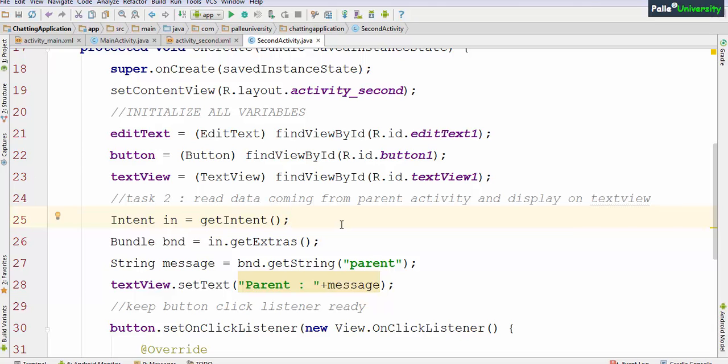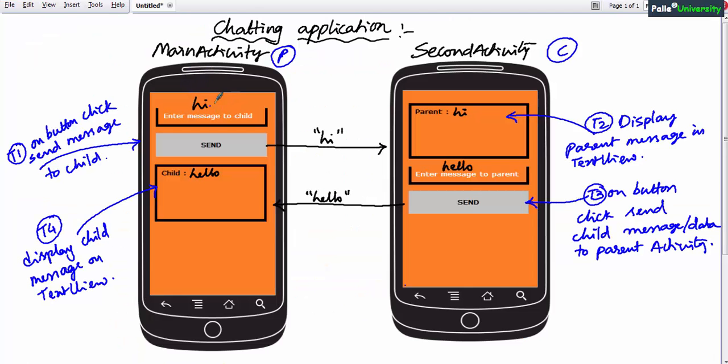Till task 2, whatever message is sent by the parent, if it is displayed on the child activity correctly, that means task 1 and task 2 code is working correctly. Then only you can proceed further and do task 3 and task 4. If you write code in one shot and something happens to your program, then you may start being afraid and you may start thinking Android is very difficult. So always it is better to execute and check task by task.